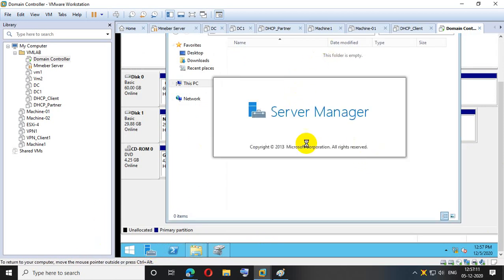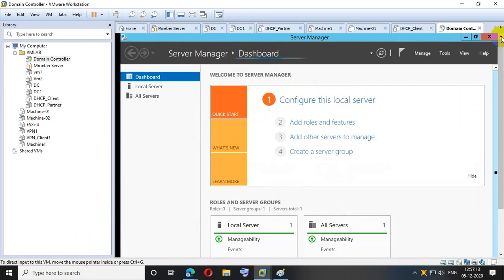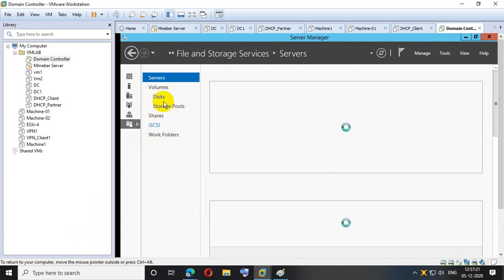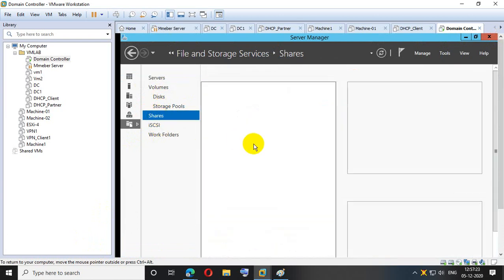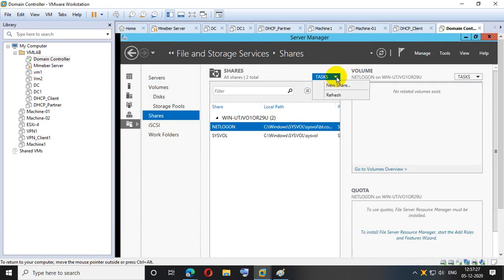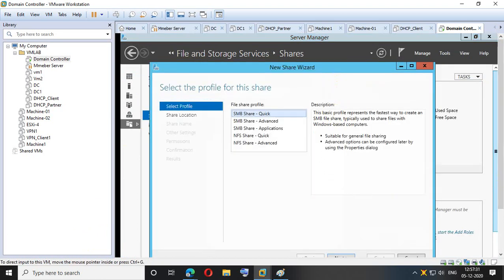Now I'm going to create one hidden share using SMB. For that I'm going to File and Storage Services. From there, the options, Shares. In Shares, under Tasks, create a new share. I'm creating an SMB share quickly.